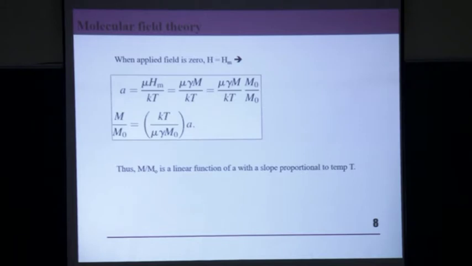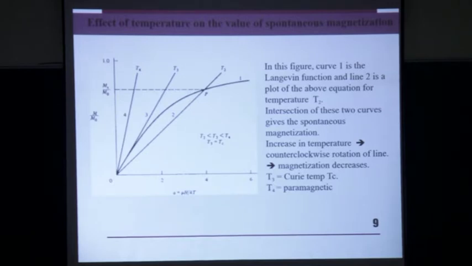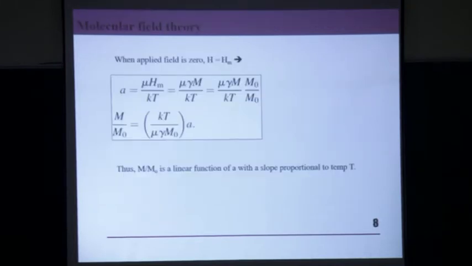Now we will go quickly through the mathematics. I don't want to spend much time, but it's good to keep the mathematics because later at your leisure you can go through this. The idea behind this is that we want to explain, using this Langevin function, the temperature dependence of magnetization. Now if you see the Langevin function, it gives M as a function of T as a straight line.